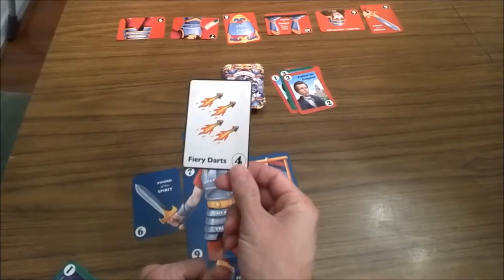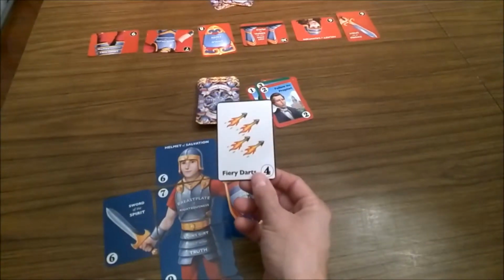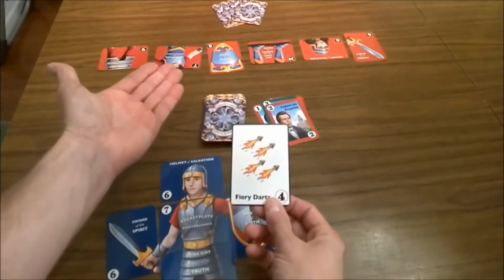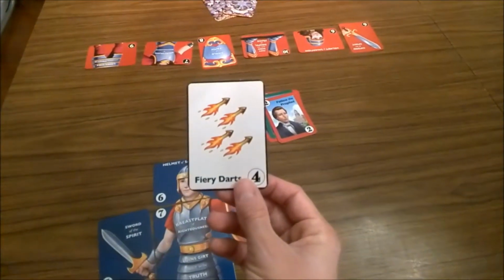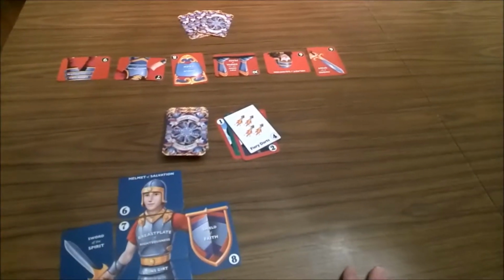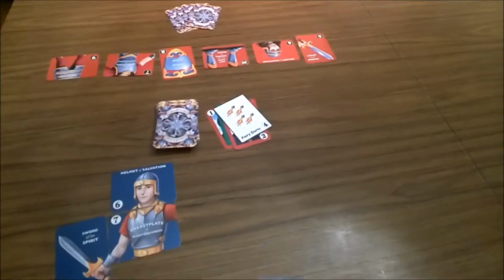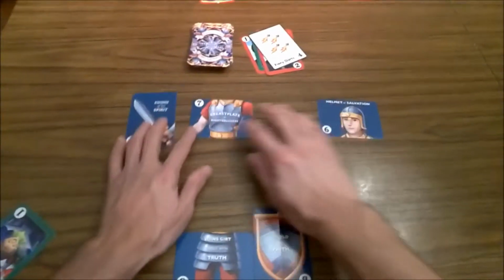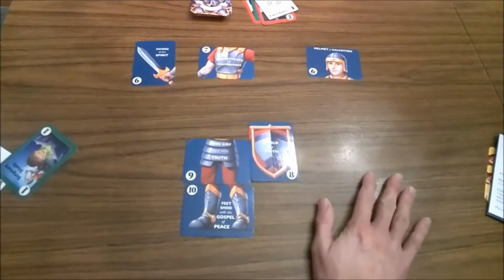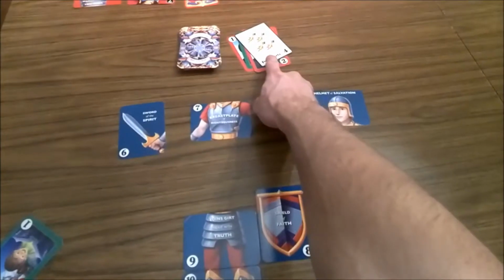When this is played, so let's say I want to play this as my card that I play, I would say, well, in a 2-player game, obviously I'd be playing against the player across from me. So I would play this one, which has 4 darts on it. Then what happens is, depending on the number of pieces of armor they've collected, so let's say they've got 3, so each piece of armor blocks 1 dart,